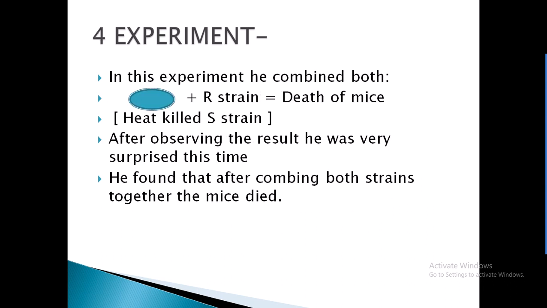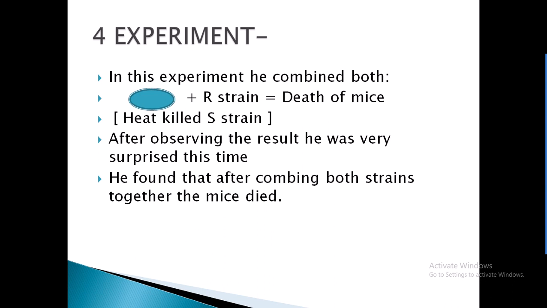Now the most interesting one is this. In this he tried to combine two strains together, for which the same result was obtained previously, that is R strain and heat-killed S strain. He combined these two strains and then the combination was injected inside the mice. Now what do we expect must have happened? In case of R strain, mice survive, and in the same way in case of heat-killed S strain, mice also survive. So when we combine these two things and inject into the mice, what we think would happen is the mice would survive. The same thing was thought by Griffith also, but in this case, surprisingly, the mice die.